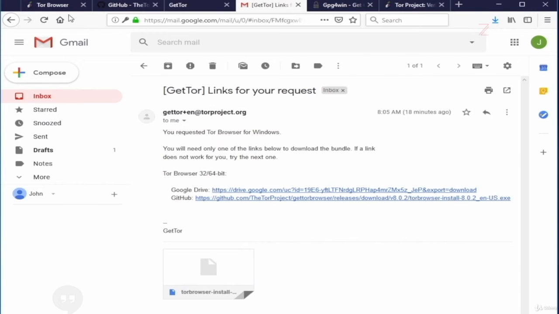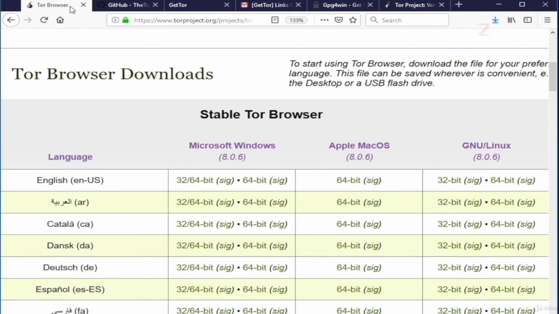So once you download the relevant version to your operating system, you can just double click it and go ahead with the installation process. But I want to show you how to verify the download first to make sure that the file has not been modified before you received it. So right now, just go ahead and download Tor for your operating system. Do not run it. And in the next lectures, I'm going to show you how to install it for Windows,